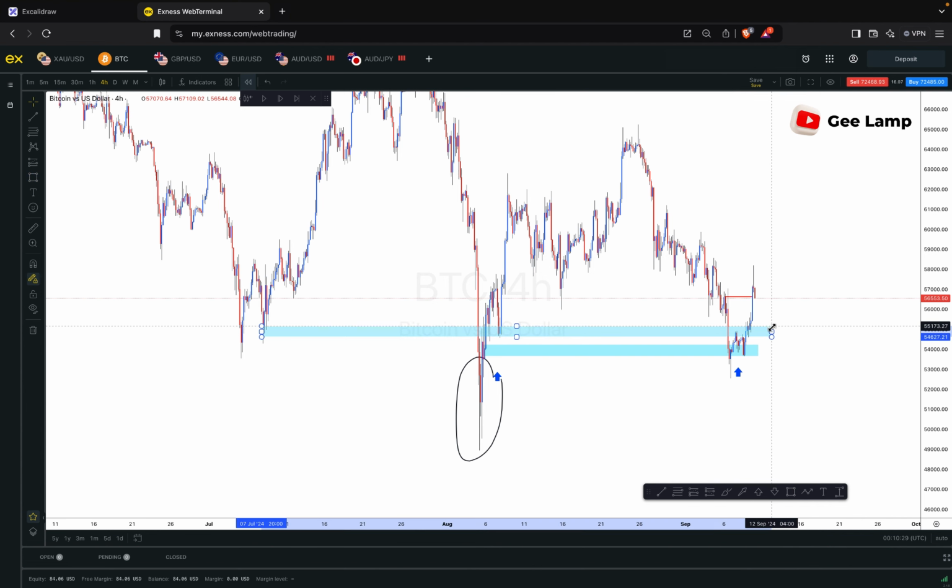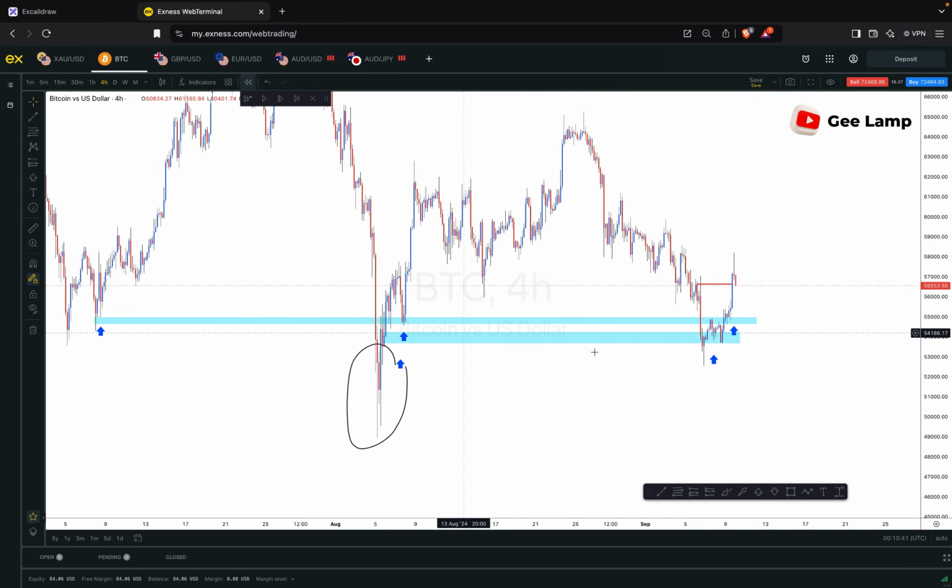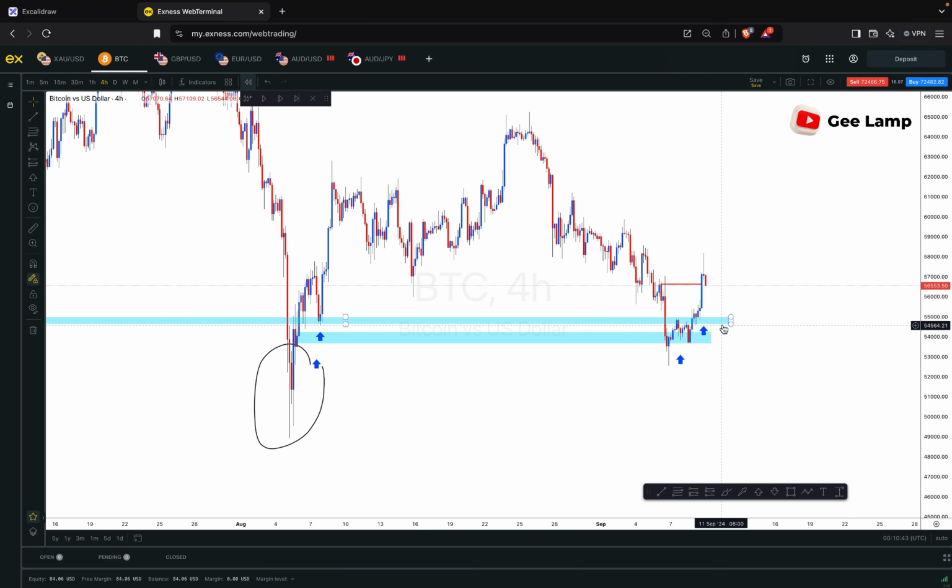We have this first historical zone. Why? Because the market tested it a couple of times. So you know that, this is what I do. When I know that price had already tapped in the zone and gave us the momentum to break above this area,